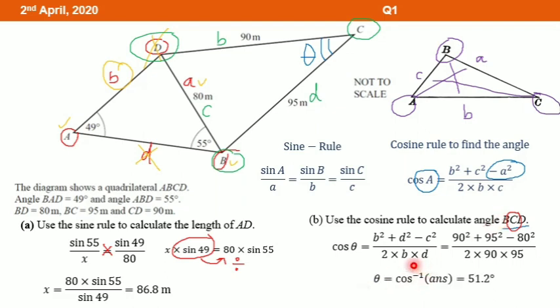To get the cos minus 1, you have to press your calculator using shift cos, and then you just directly type the answer, because you already got this answer before, so the calculator will remember the answer. You will get the answer more accurately if you use the answer button on your calculator. So the answer will be 51.2 degrees.